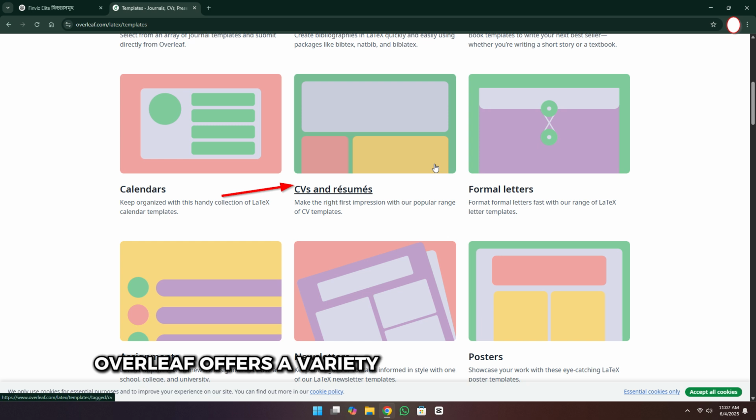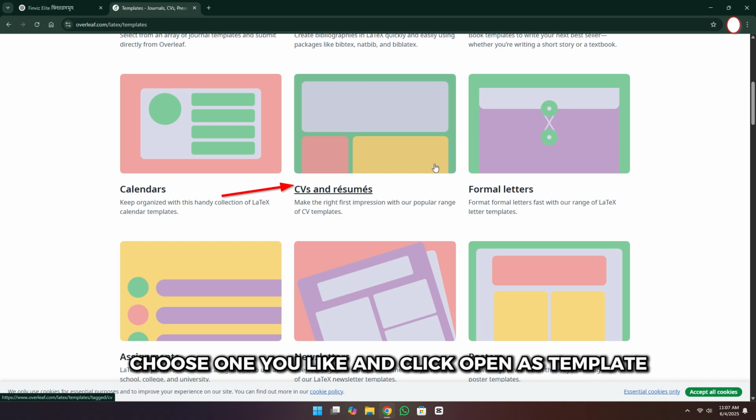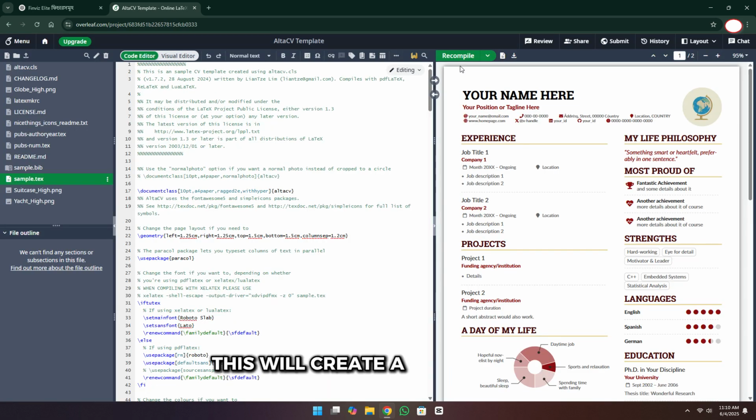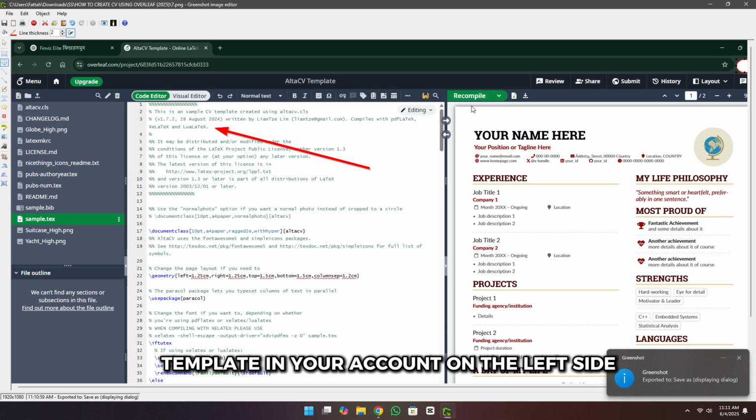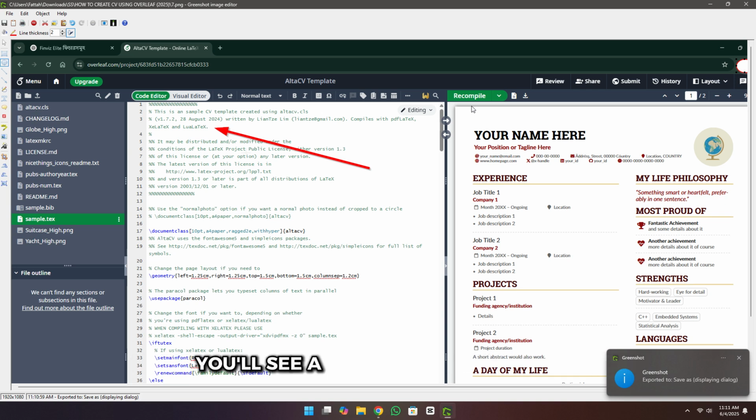Overleaf offers a variety of professionally designed LaTeX templates for resumes. Choose one you like and click Open as Template. This will create a copy of the CV template in your account. On the left side, you'll see the LaTeX code, and on the right side, you'll see a live preview of